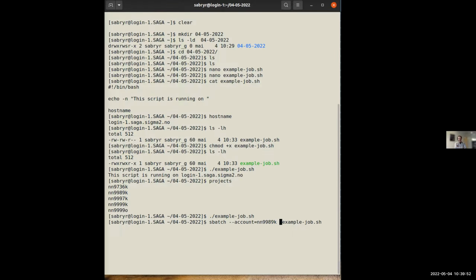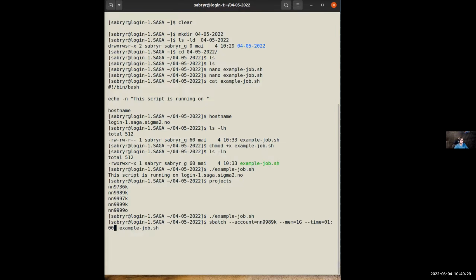Then we have to tell at least how long I want to occupy the cluster for this and how much memory I need. Those are the minimum things. Other defaults are set on our cluster, so this could be different in different clusters. A cluster in Sweden or in Germany would have different default values that you have to mention. So I'm informing that I need only a very small amount of memory, and I'm going to ask for a time of 1 minute.